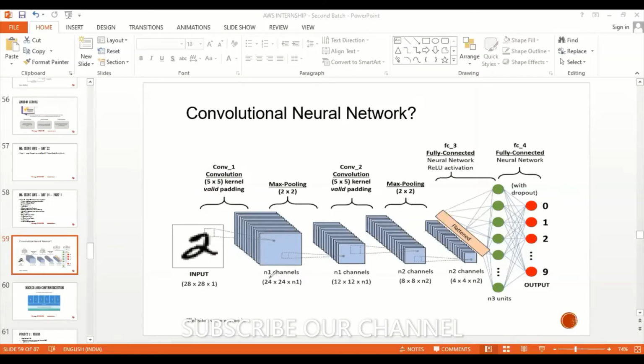So next come the batches. Batches are nothing but the number of images you are going to take, the same common images of the single image. Let's say you have 2 here. If I want to recognize this 2, I'll try to create a number of batches of this 2, sorry, the image. Clear?